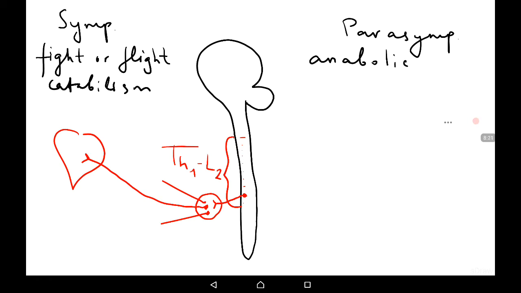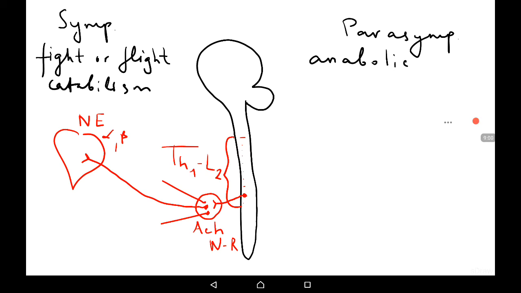That's why we can see divergence in the ganglions of the sympathetic nervous system. The next question is about the transmitters and receptors in the sympathetic nervous system. In ganglions, acetylcholine is released, and here we may find nicotinic cholinoreceptors. Nicotinic receptors. On the organ in the sympathetic nervous system, norepinephrine is released, and we may find alpha and beta